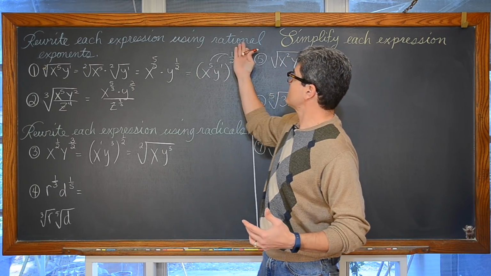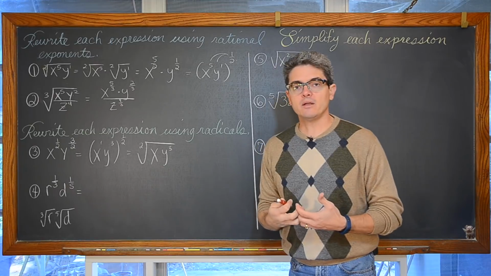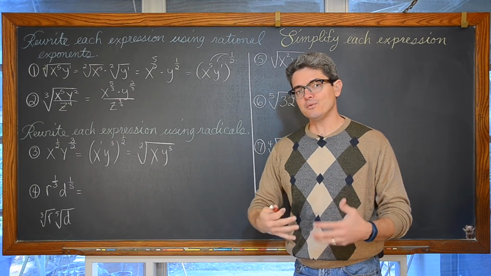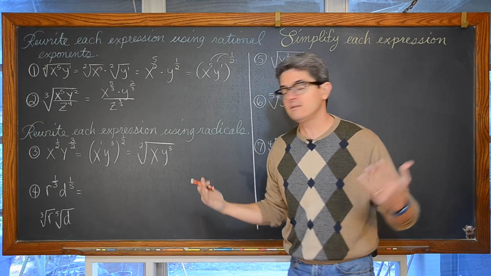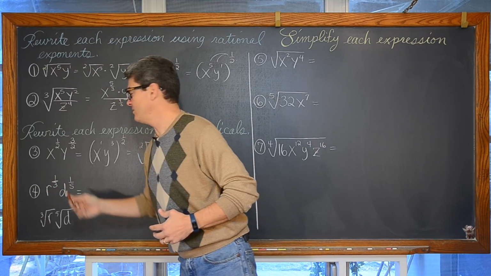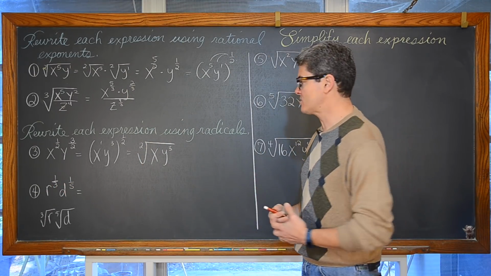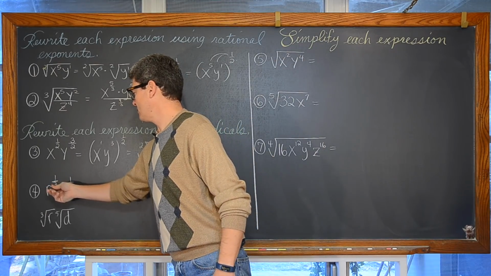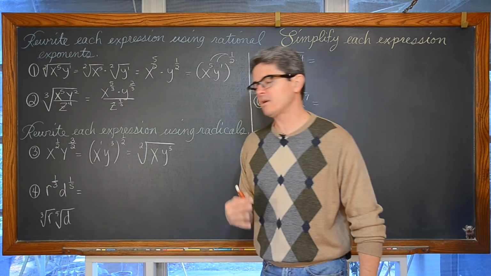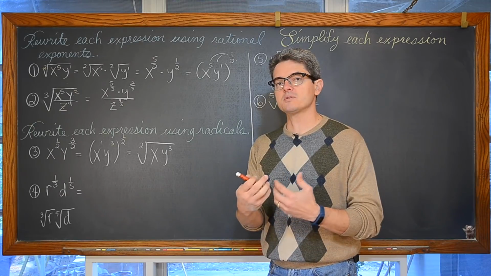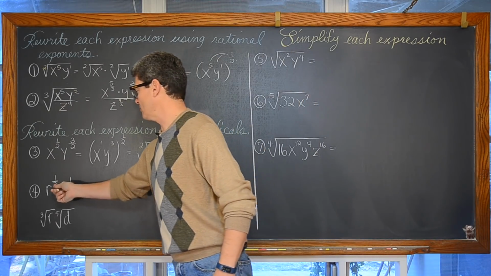Well, with fractional exponents, that common denominator is a common root or a common index. If you have a common root or an index, then you can write them in one singular radical notation. So if you were to add 1/3 plus 1/5, what would the common denominator need to be? What would be the lowest common multiple between 3 and 5?